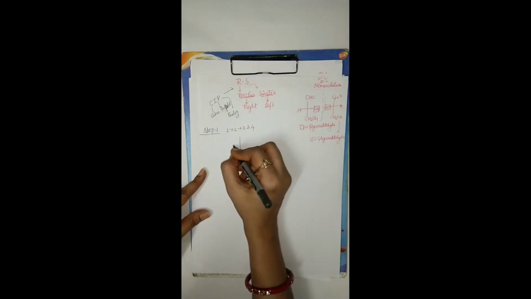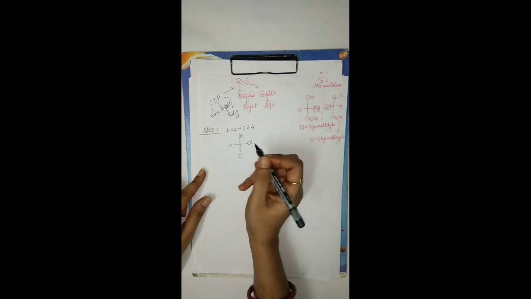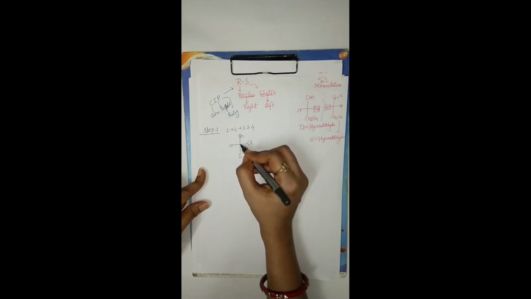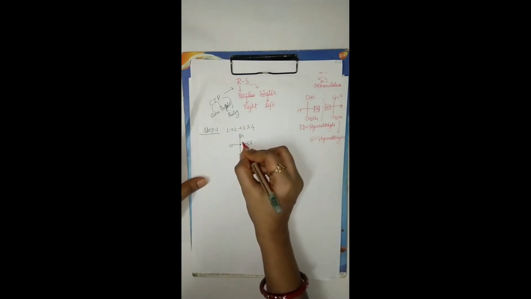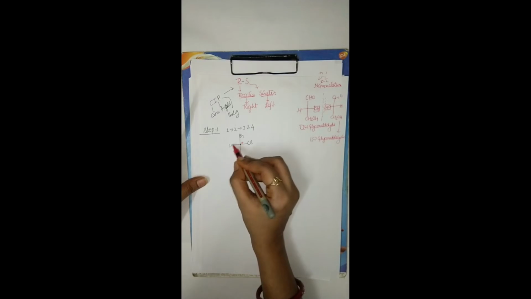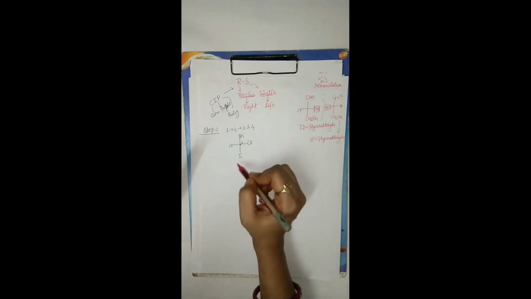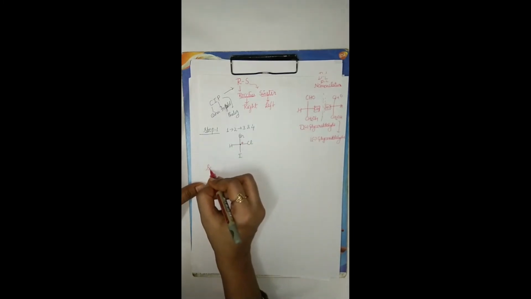I mean to say, if this is the compound, we have to give the numbers 1, 2, 3, 4 to all the atoms which are attached to the chiral carbon atom. This is the chiral carbon atom. What is a chiral carbon atom? A chiral carbon atom has 4 different groups. We have to assign numbers 1, 2, 3, 4 to this compound, and this numbering is given by the sequence rule.